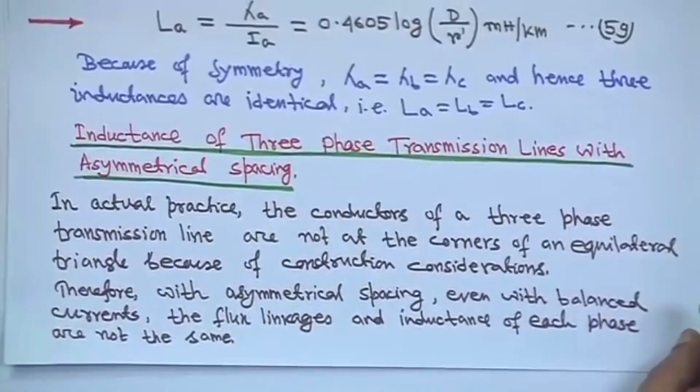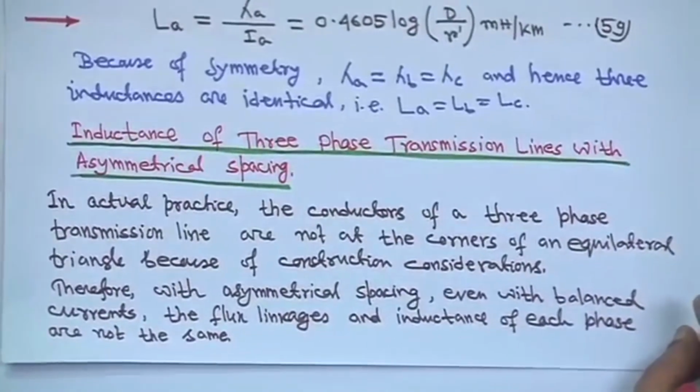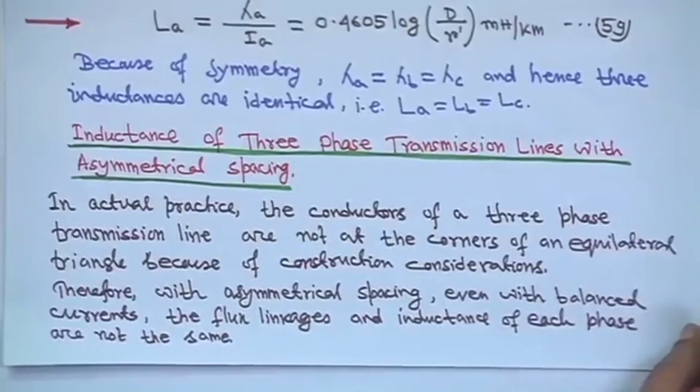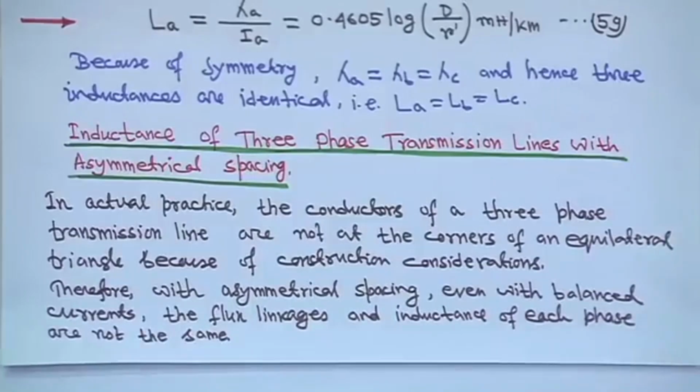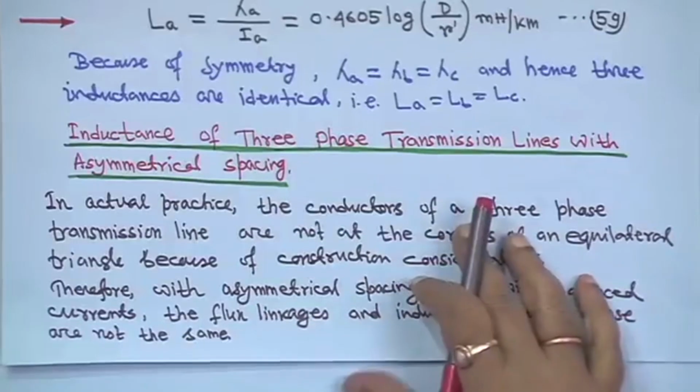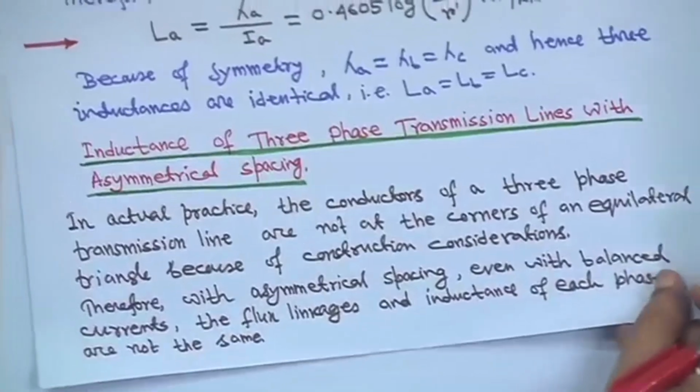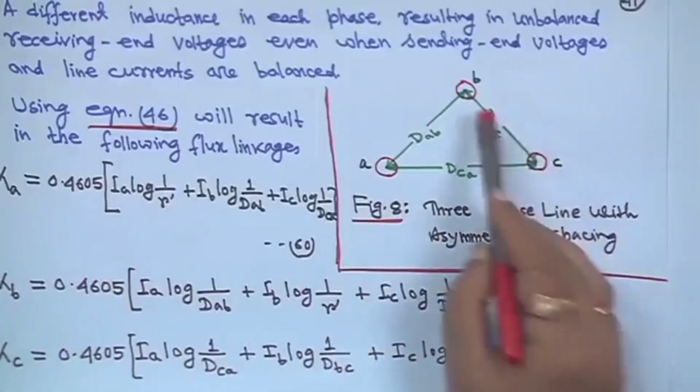Now it is not symmetrical. Therefore, with asymmetrical spacing, even with balanced currents, the flux linkages and inductance of each phase are not the same. In fact, the spacing is not symmetrical, it is asymmetrical spacing. So, even if the current is balanced, the flux linkages and inductance of each phase will not be the same. So, in that case, suppose you have a 3-phase line, this is phase A, phase B, and